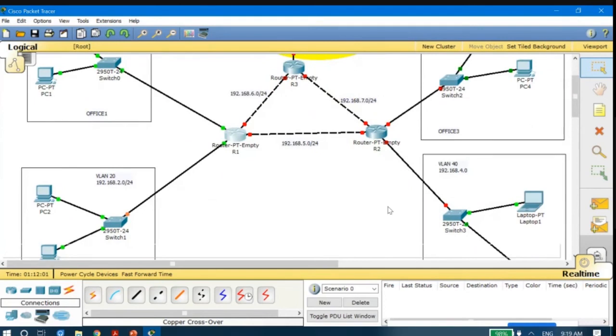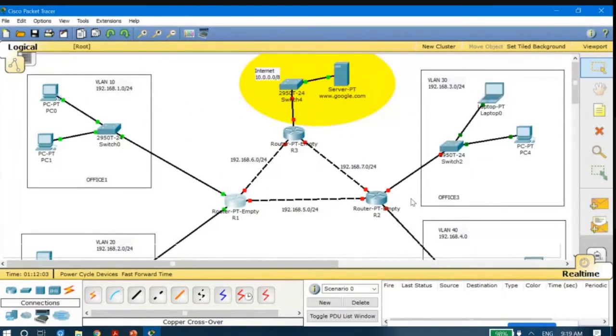Now let us go to the router R2, if you are done with all these things. Always remember to which ports the devices have been connected. That is more important. Next, we have to configure the gateway address for Office 3. You could see that Office 3 in my case has been connected to fast Ethernet 0/0.